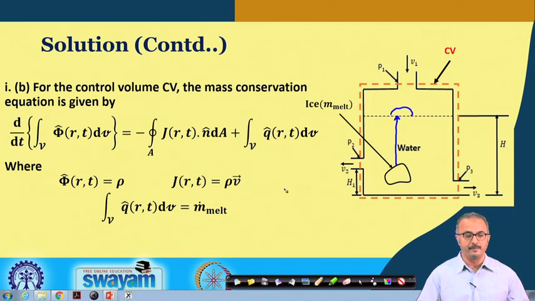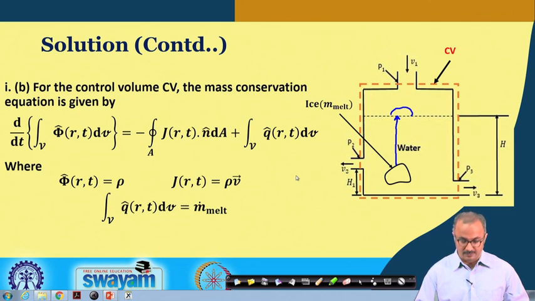Again we have to write the mass conservation law. Now, you see that in this case, when the ice is put, the ice will start melting, and due to this melting there will be a change in the water level. Okay. Now, this makes the system unsteady. So, the addition of the ice is not at any of the incoming or outgoing ports, it is within the system. So, this may be taken as some term for the generation of the mass.